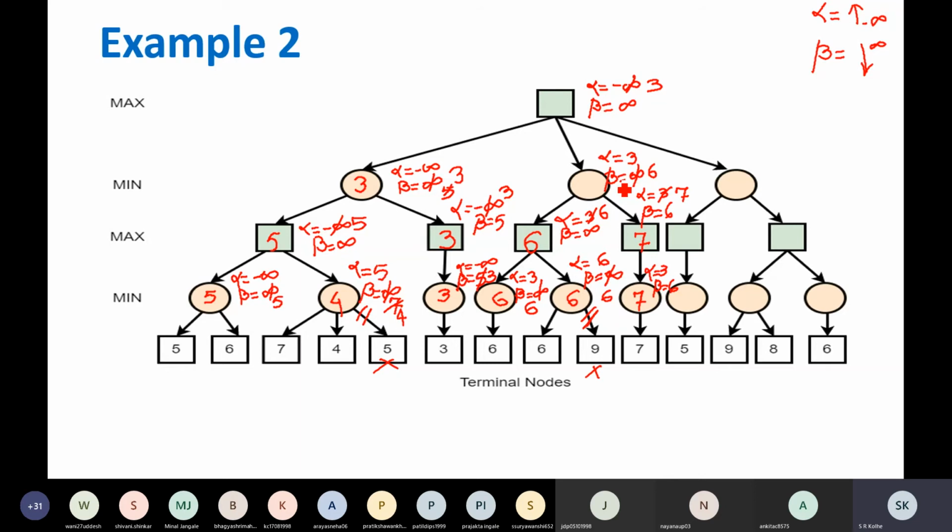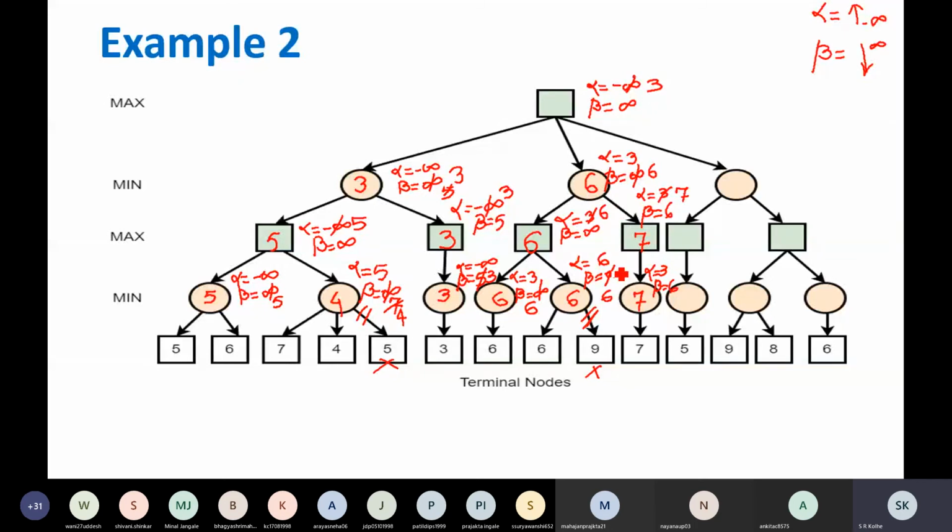What will the minimizer update? Beta value is 6. It is getting 7, so 7 is better than 6? Beta decreases. No, no. So the value associated with this node will be 6. Beta value will not change.